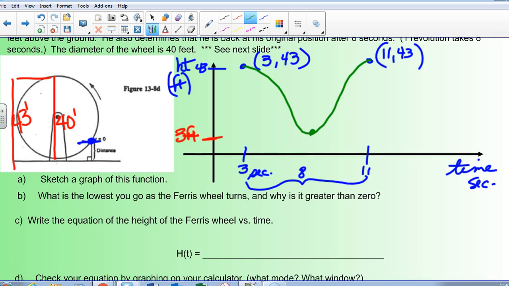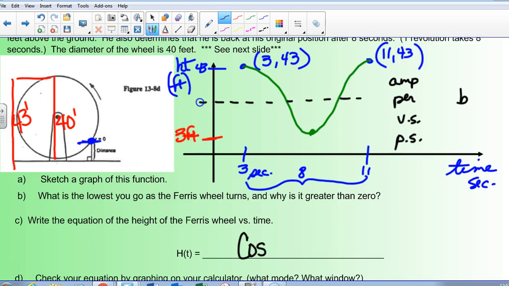What can you tell me about our graph? Amplitude, period. Okay, cosine. That sounds like a good plan. Let's go with a cosine graph. Vertical shift, phase shift, midline, amplitude. Anybody, anything? How do we find the midline or the amplitude? Either one. Okay, this is a distance of 40, so which one is 20? The amplitude is 20, but the midline is actually at